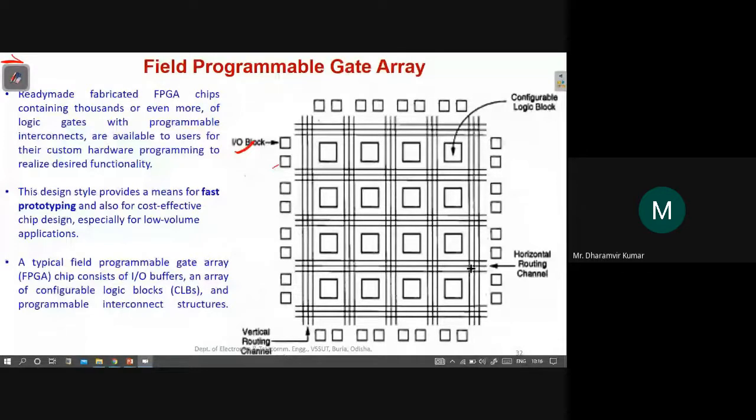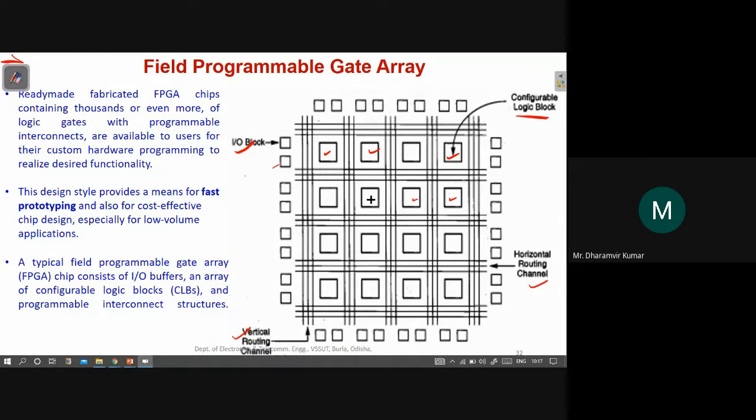And in between we have these square boxes, which are actually the CLBs, configurable logic blocks, which means that these are logic blocks which are configurable in nature. So we can configure these logic blocks according to our functionality, according to the function of our designed circuit.